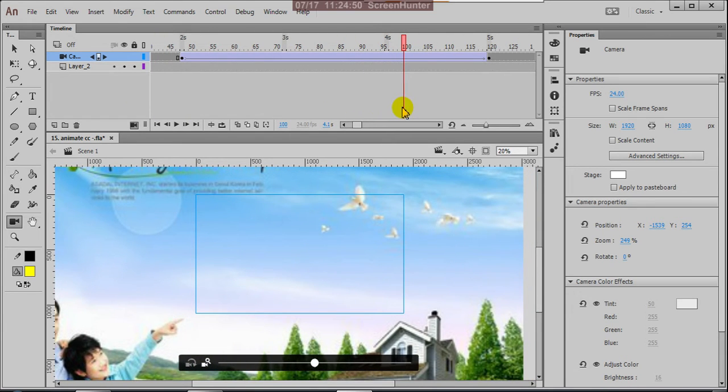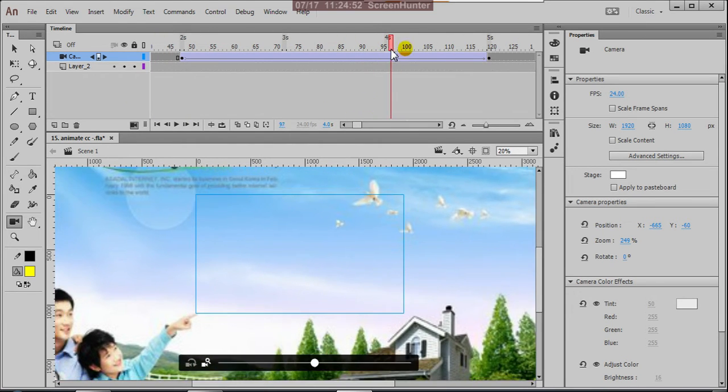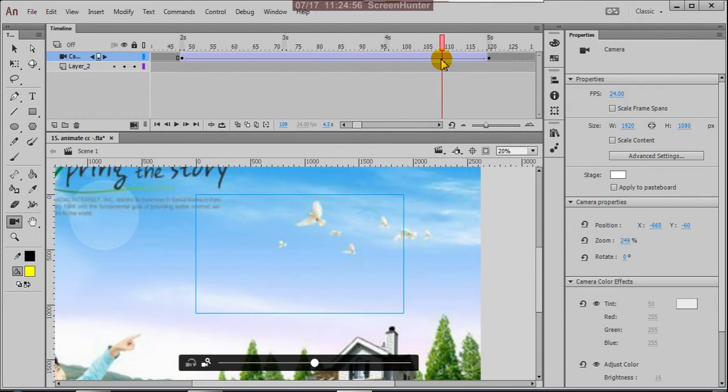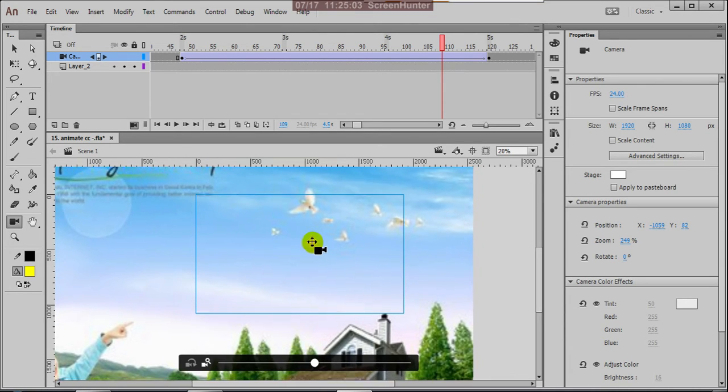Suppose here the text should not come into my camera. The reason is I don't want to show it.